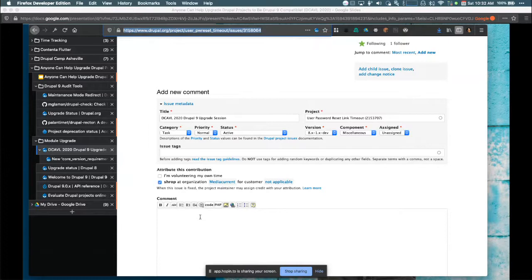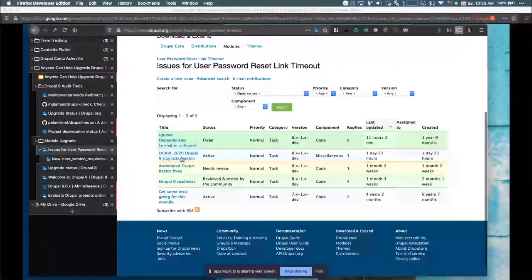All right. So we've identified the module. We're going to review the issue queue a bit. Let's jump back into that. Okay, so there's a couple of things going on. One is I noticed there's an automated Drupal Rector fixes issue that needs review. What is this about? Well, you'll see this in a lot of issue queues right now.